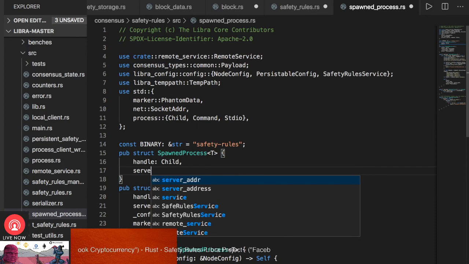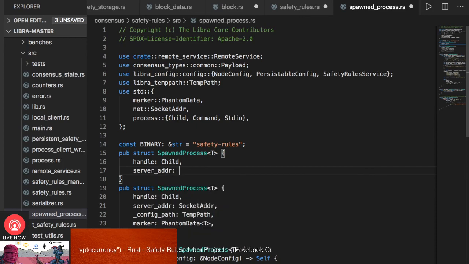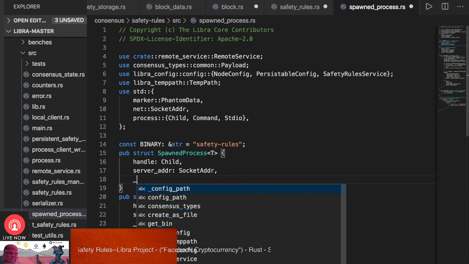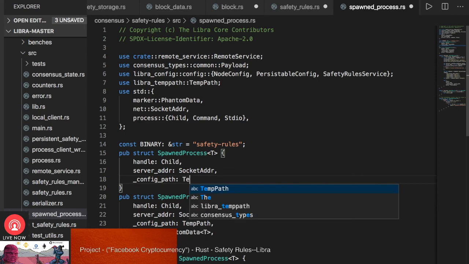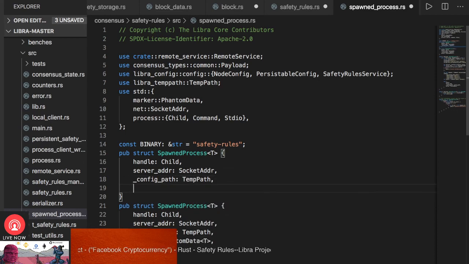We also serve the address to the socket address. So we need to configure the path of this spinal process. It's this path that they make. So we also have this phantom data that's in